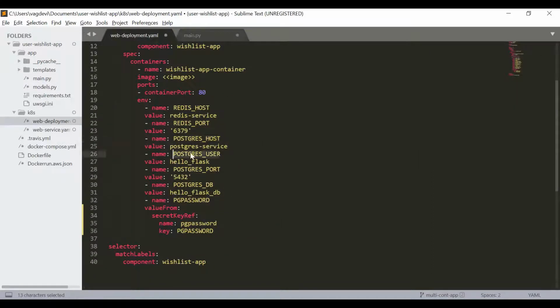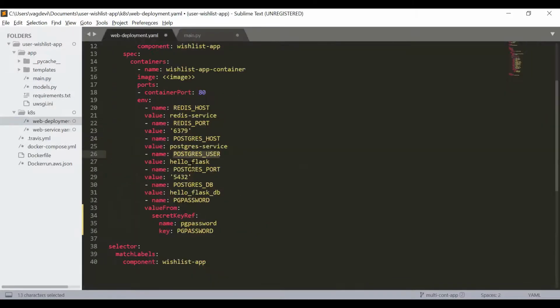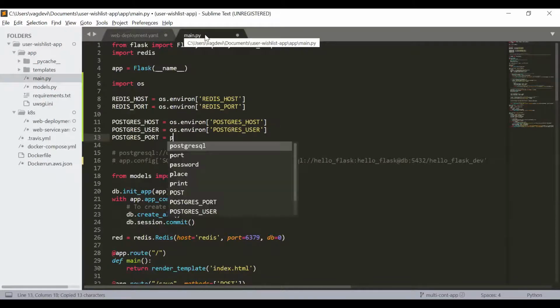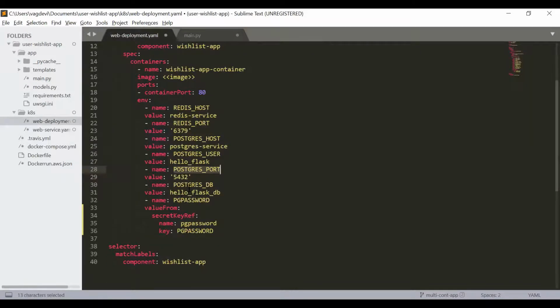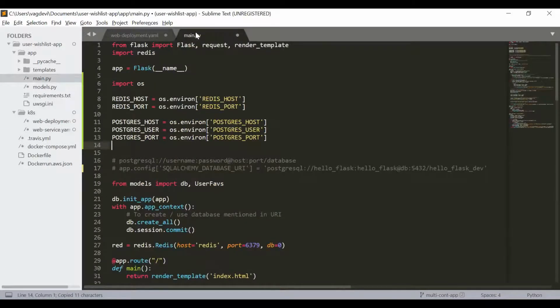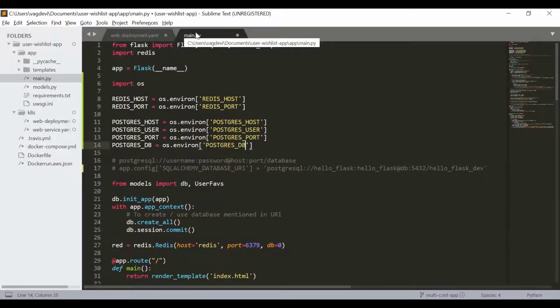Next, Postgres user equals os.environ of quotations user, and then the port is equal to os.environ of the port, Postgres port. Next is DB equals os.environ of quotations PostgreSDB.